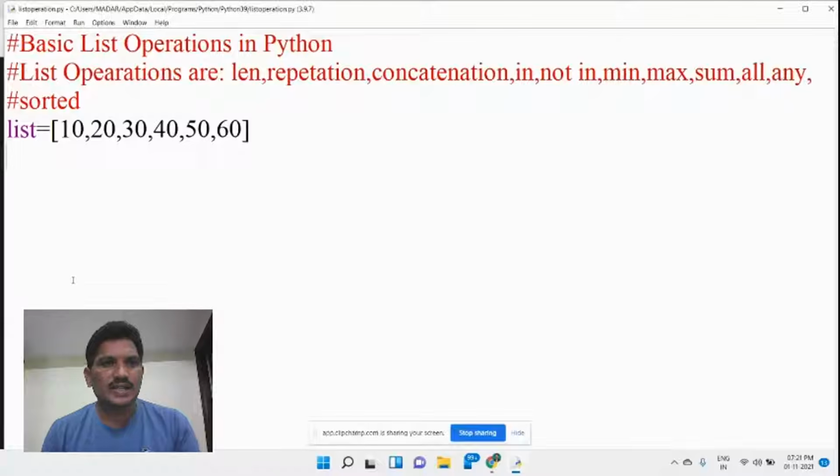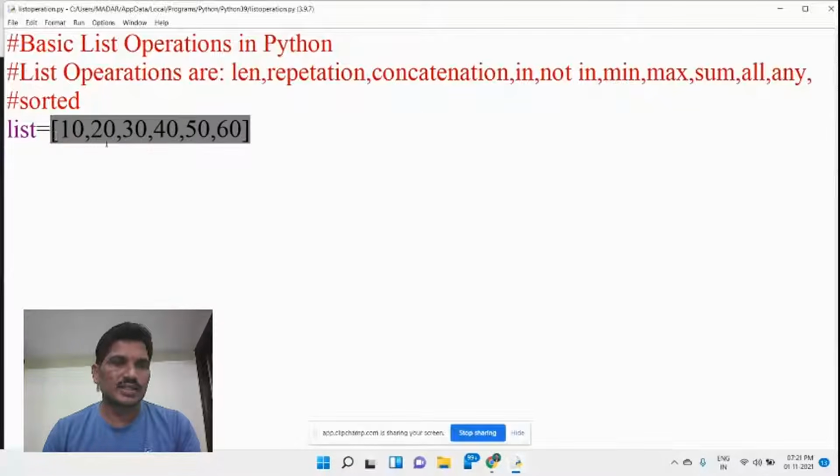But how can lists be created? The list of elements should be declared within square brackets. Then those elements are treated as belonging to the list data type. Here, the list has been created: the list object or variable equals the list of elements. Here the elements belong to the integer type, but you can use any data type in the list.